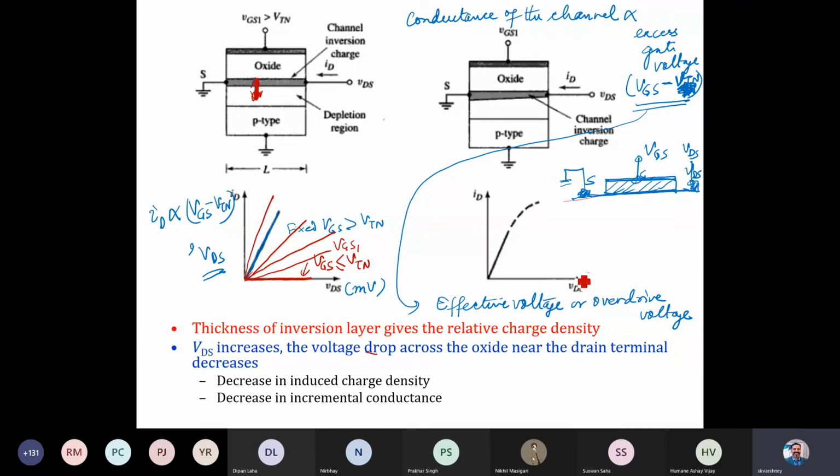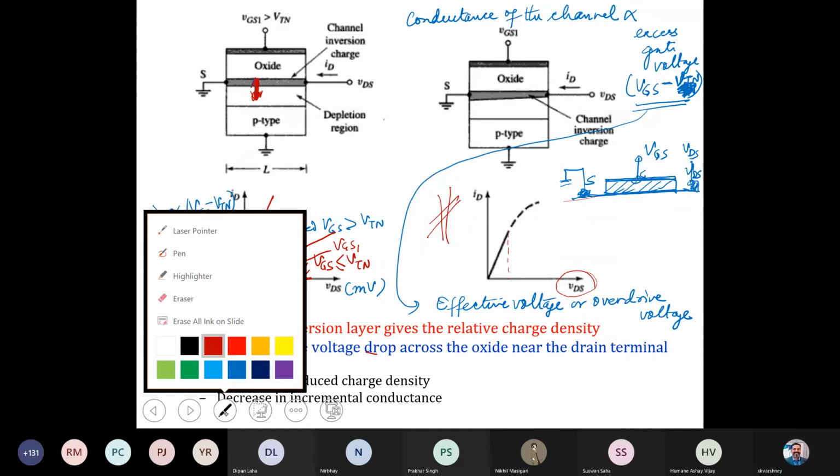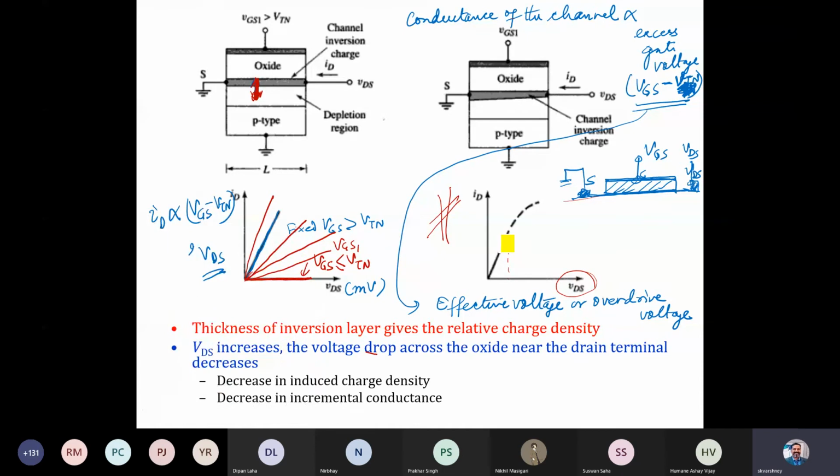Whatever you see in the figure on the right-hand side, VDS is now at this point, and you see this kind of characteristic.